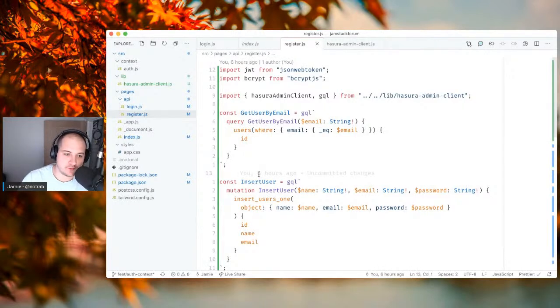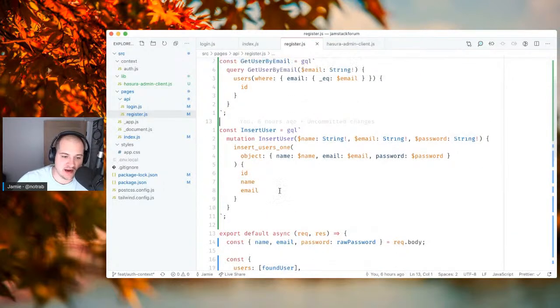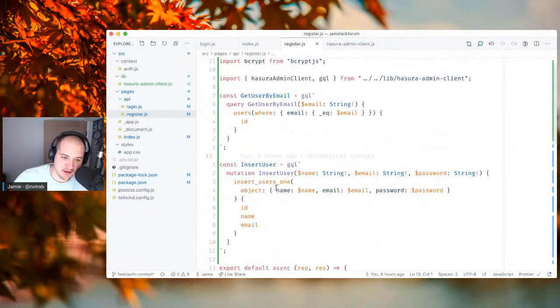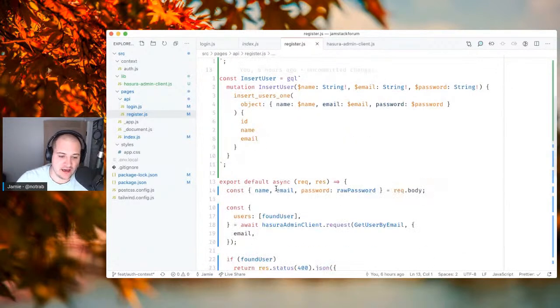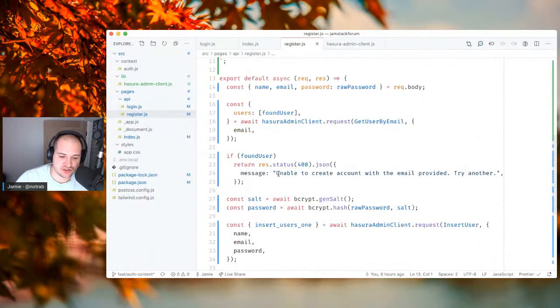Today we will be looking at finishing up the API routes we have for our authentication. Earlier on today we created the register API route, and that just took care of creating the user in Hasura. It checked if there was an existing user. If there was, it threw back an error, just to notify the user that they couldn't create an account. We did that